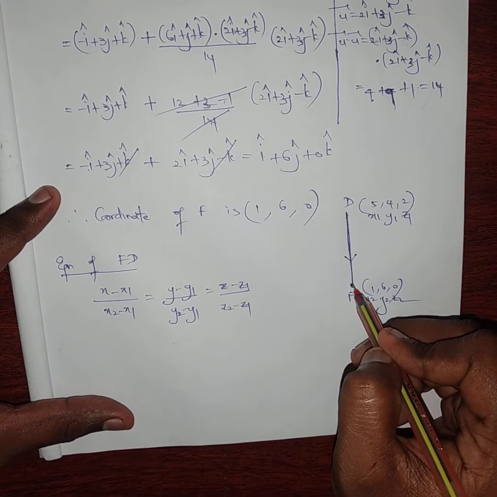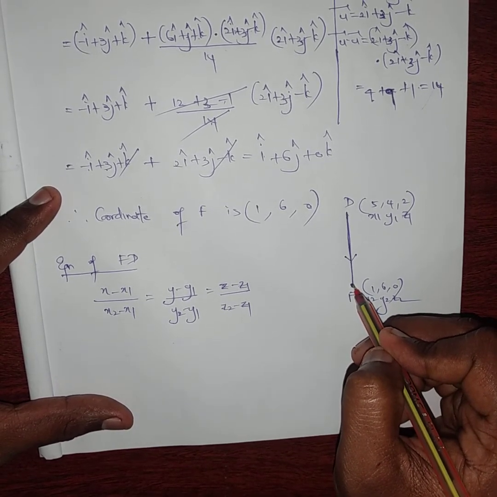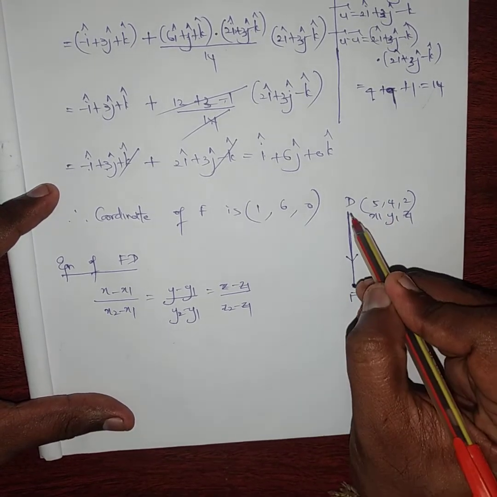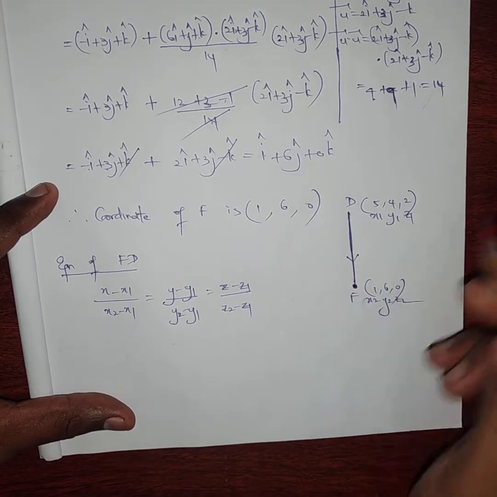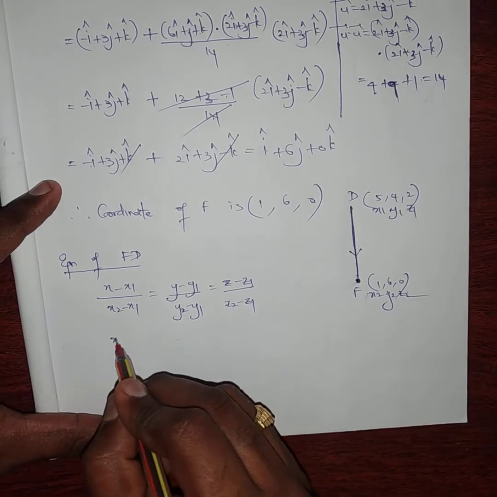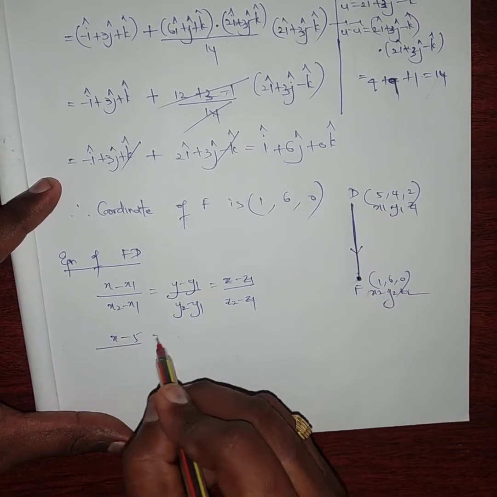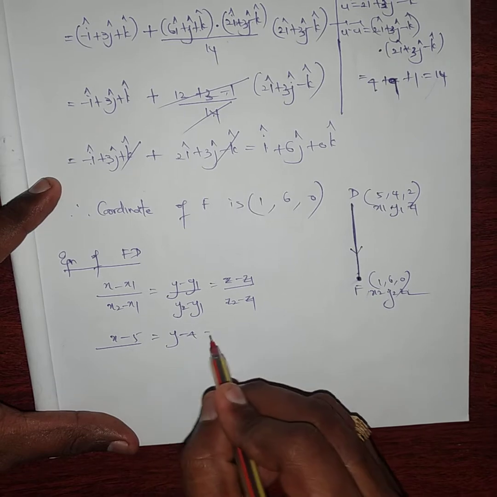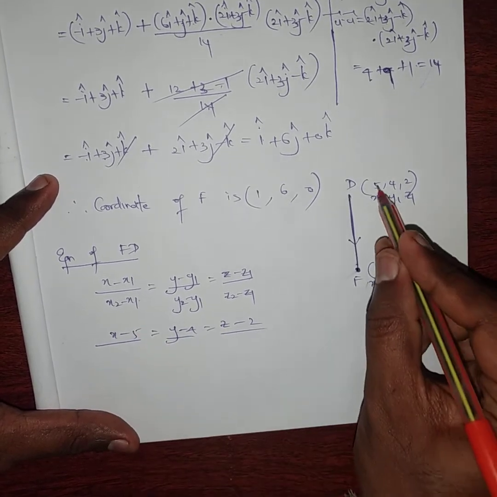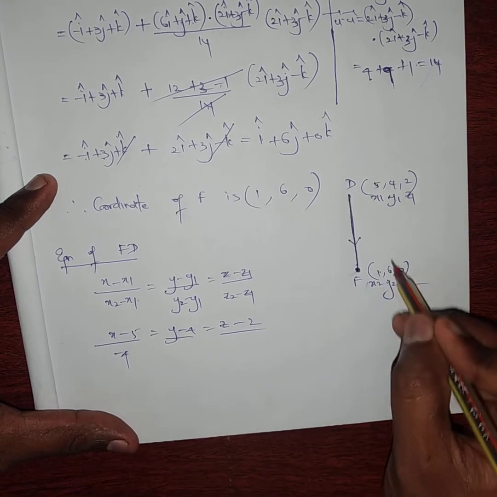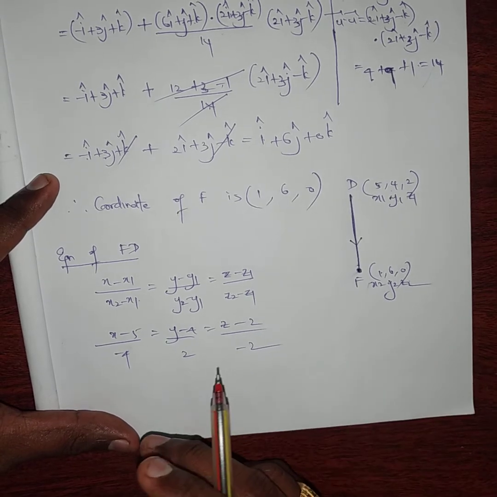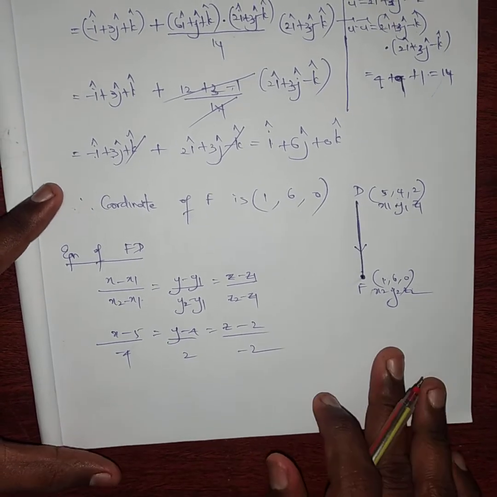What is the question here? Find the foot of perpendicular drawn from the point 5, 4, 2. Find the foot of perpendicular. Where is it drawn? Drawn from d, 5. So this is x1 y1, this is x2 y2 z2. Now only we have found. So x minus, what is x1 here? 5. y, what is y1 here? 4. z minus, what is z1 here? 2. x2 minus x1, 1 minus 5 is nothing but minus 4. 6 minus 4, 2. 0 minus 2 is minus 2. So this is our required answer for this sum.